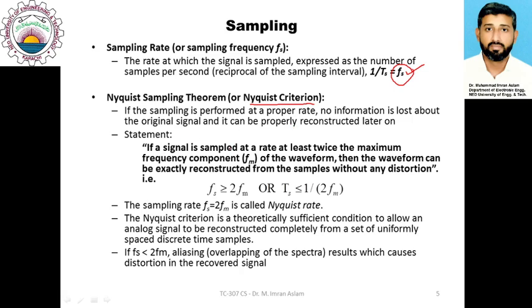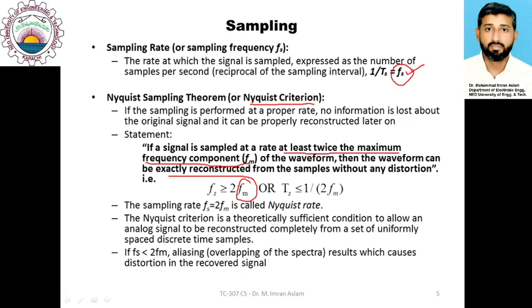It is defined by the Nyquist sampling theorem, which states that if the signal is sampled at a rate at least twice the maximum frequency component in the signal, then the waveform can be exactly reconstructed from the samples